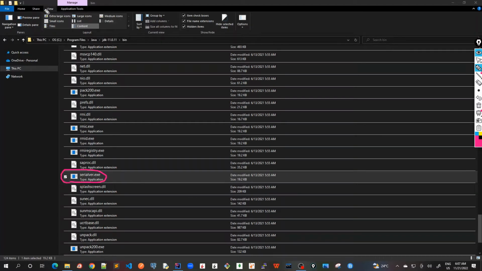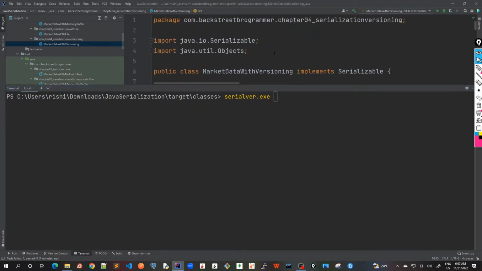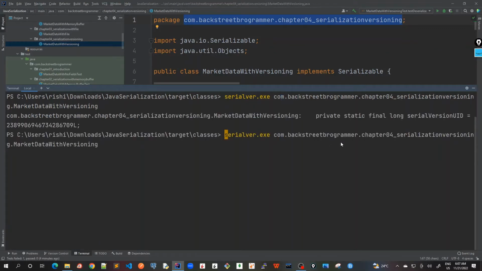Because it's already in my path, I was able to directly call this exe from my terminal. So I just use this serialver.exe, and then let me take the complete package name. I had to provide the complete class name, the complete path of it. I will just Ctrl V and dot market data with versioning. As soon as I run this command, you can see that I got this private static final